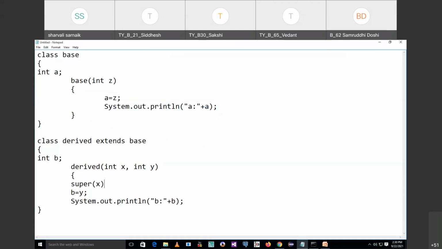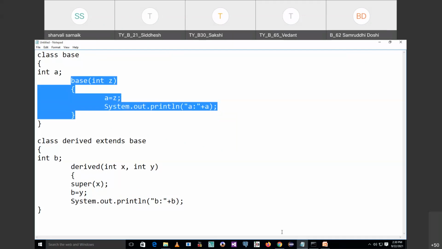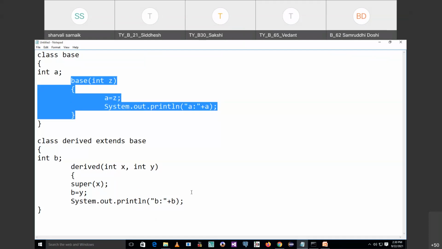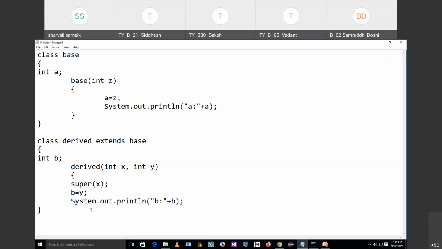I am writing here super x. The super keyword which we are using in the derived class constructor will give a call to the base class method. So this x will now store the base class method data. So see, I will create an object. I will take one another class.